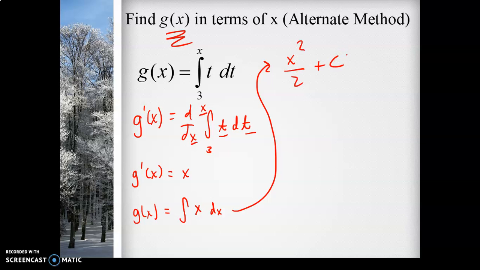Now to figure out what the c value is, I need a point on the initial problem. Now what I can do is I can say, okay, well when x is 3, the area underneath here is 0. So g of 3 would be 0, because if I plugged in 3 on the top here, I'd have the same limit on the top and the bottom, so the area would be 0. Okay, so then I know that g of x is equal to x squared over 2 plus c. And when x is 3,